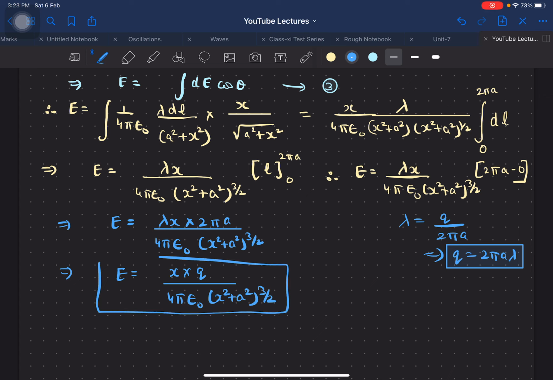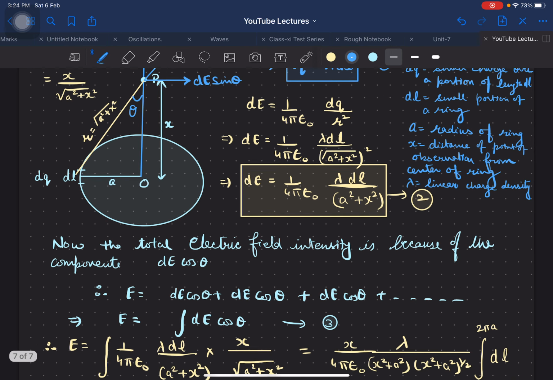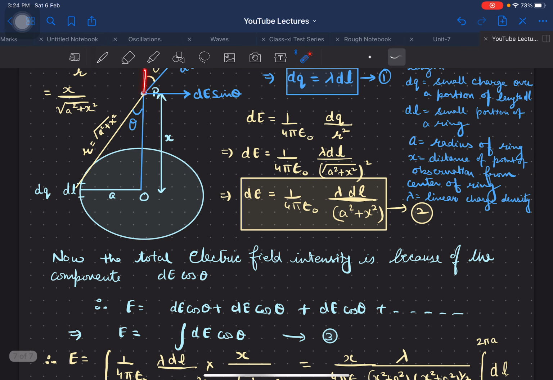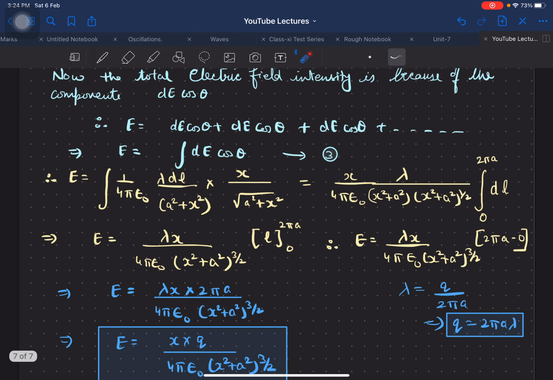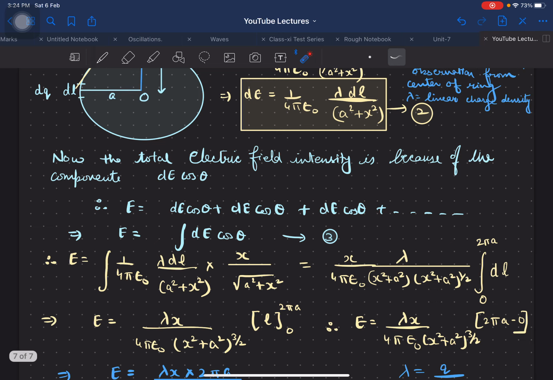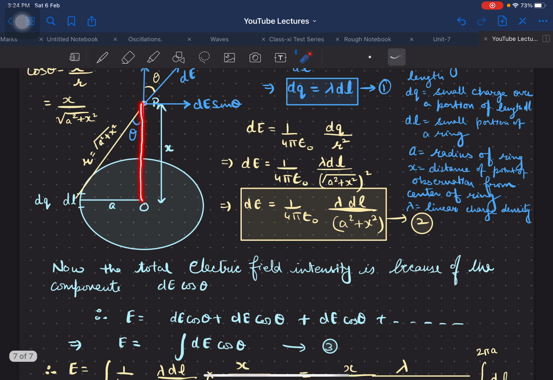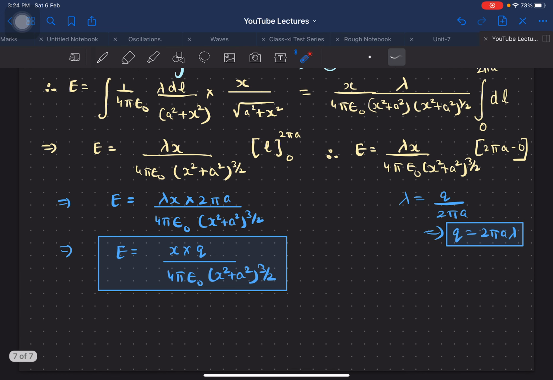So this is the expression for the electric field intensity at point P, which lies on the line which passes through the center of the ring, and point P is at a distance r from this particular portion of the ring. Now if the radius a is very small in comparison to the distance x of point P from the center of the ring, that is, if the radius of the ring is small in comparison to the distance of point P from the center of the ring,